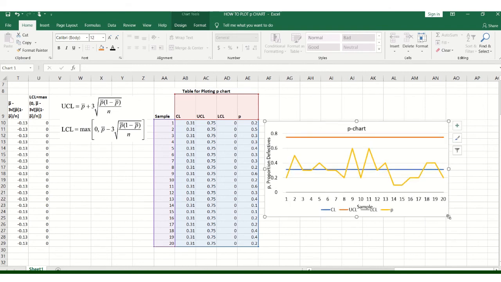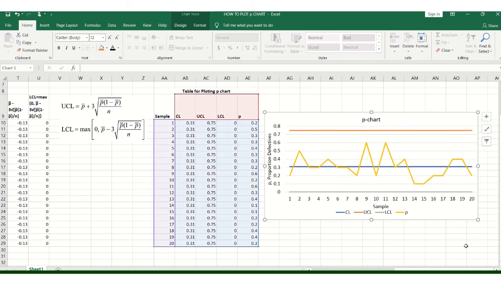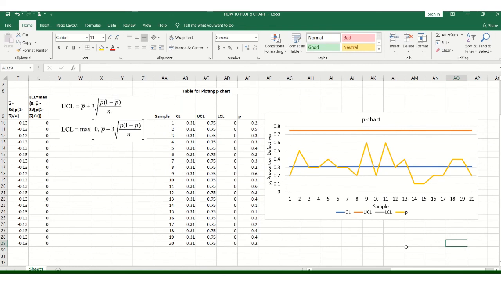You can see, this is the P chart. So we have drawn the P chart. In this way, we can easily draw the P chart from the experiment we have conducted.